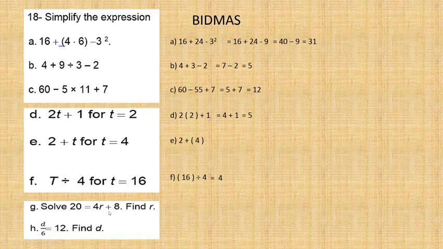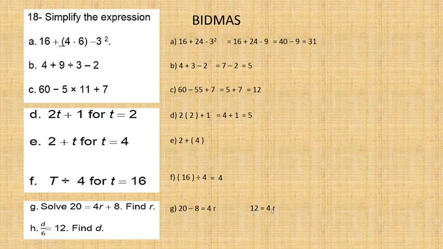So I will start from here. At plus 8, it will go in the other direction with minus 8. So it's going to be 4r equals 20 minus 8, which equals 16. Which equals 12, I'm sorry. So 12 equals 4r. And then I will take this 4 in the other direction with the inverse operation, and